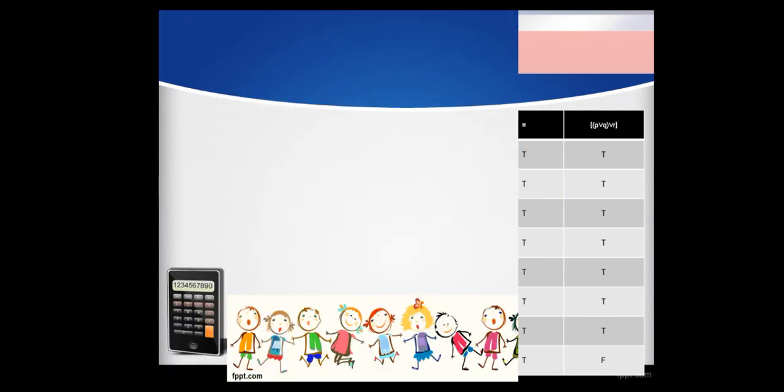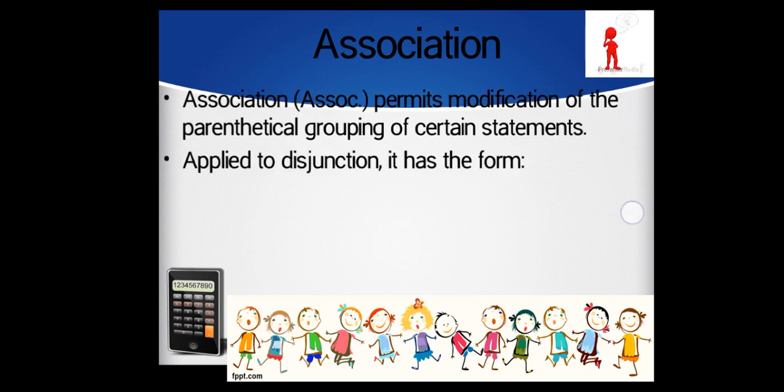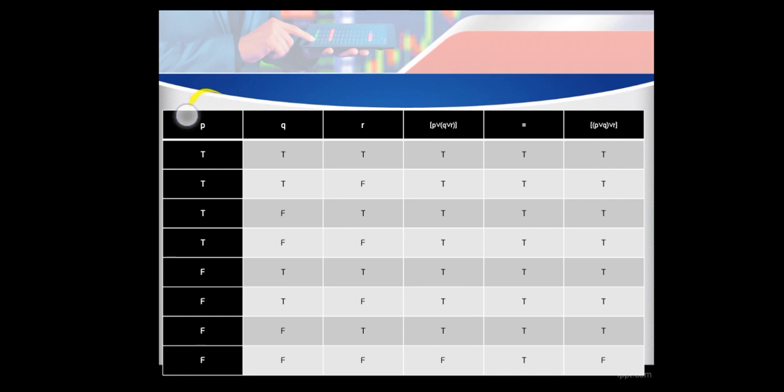So ginamit po natin si disjunction sa ating association. So we have here the truth table. So we have here the P, the Q, and the R. So we will find the value of P or the quantity of Q or R, or the quantity of P or Q or R. So for example, for P, we have the value of T. And for our Q is F, and our R is